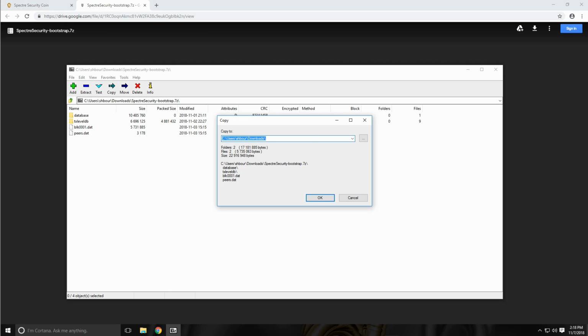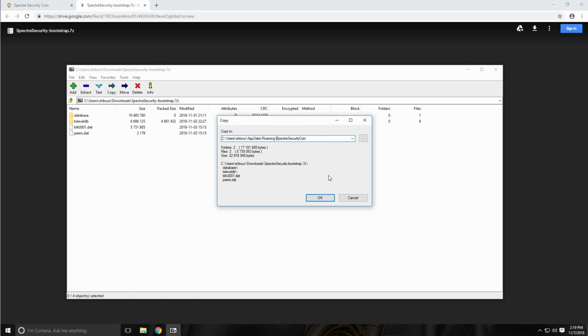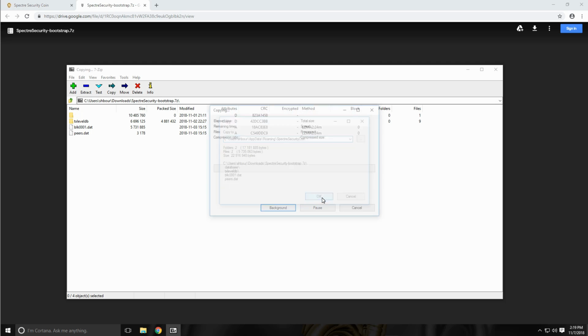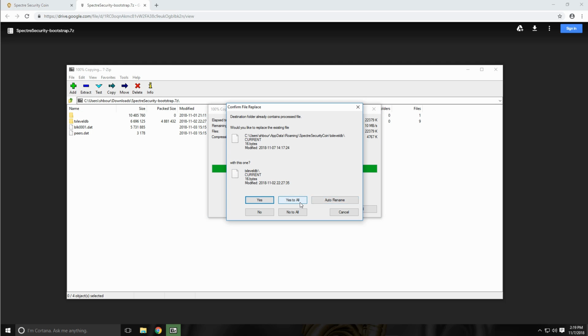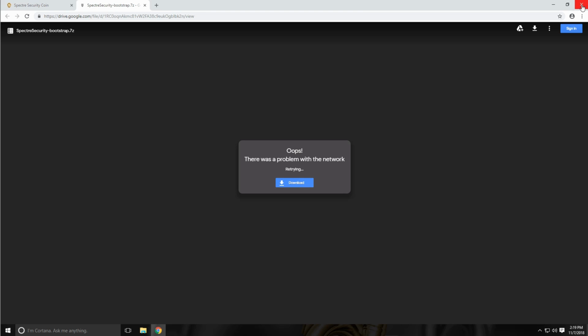You want to extract here, type in AppData/Roaming/SpectreSecurityCoin and press OK. Say yes to all, and now you can close your browser